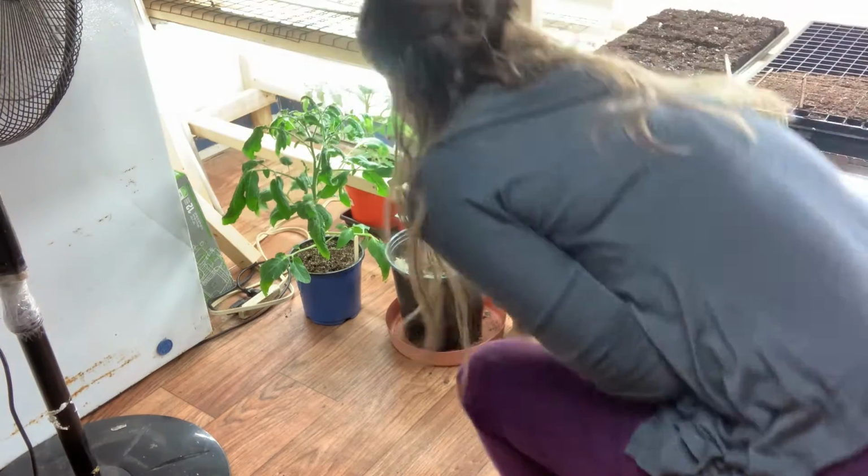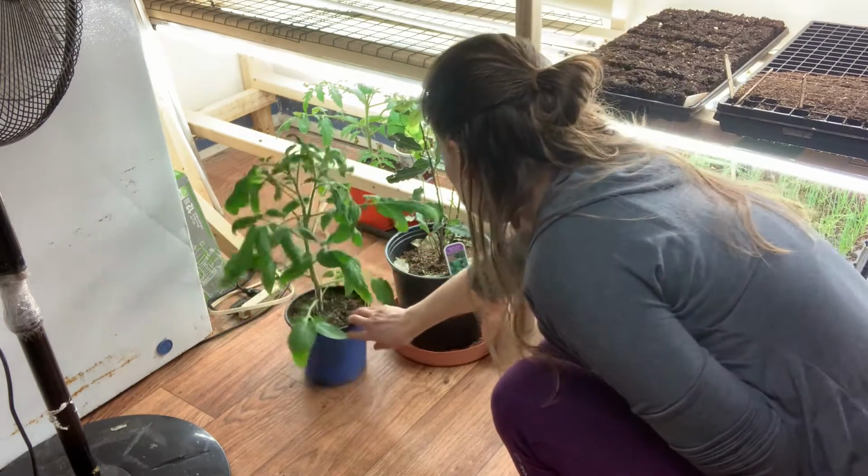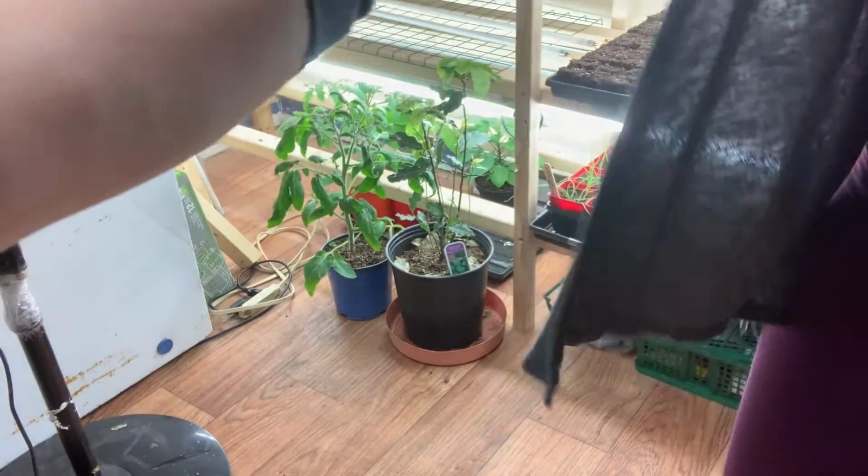And then I have some tomatoes that are going in the greenhouse. I have 3 plants like this. The tomatoes that I am experimenting with in the greenhouse are determinate tomatoes, and I think I have one that's indeterminate. I'm trying to put them in grow bags since it's going to be raining for the next 4 days. I doubt that I will be able to do that, but I will put them in grow bags, and later during the day, I will start to acclimate them into the greenhouse,